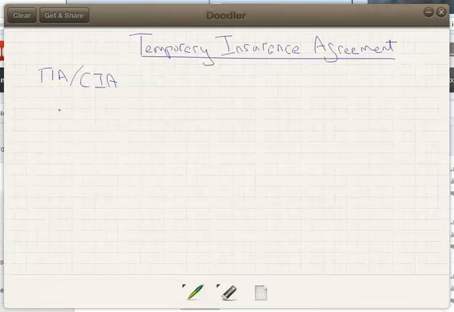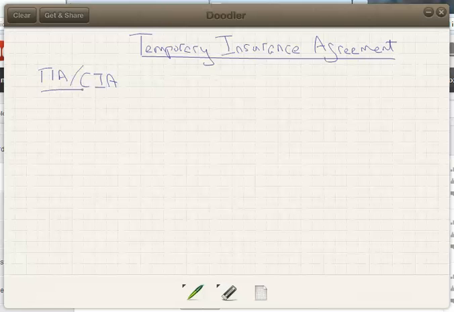And the issue here is that the underwriting process can take some time. So the underwriting process might take a few weeks or a few months. It's not uncommon to take, say, 2 to 3 months for an application to get from underwriting to the point where a policy is ready to be issued. And the problem with that, of course, is that we've maybe put this idea in our client's head now that they really need this insurance, and they don't want to be without coverage now for this amount of time. So what we can do as the agent is we can put in place an amount of insurance, this TIA